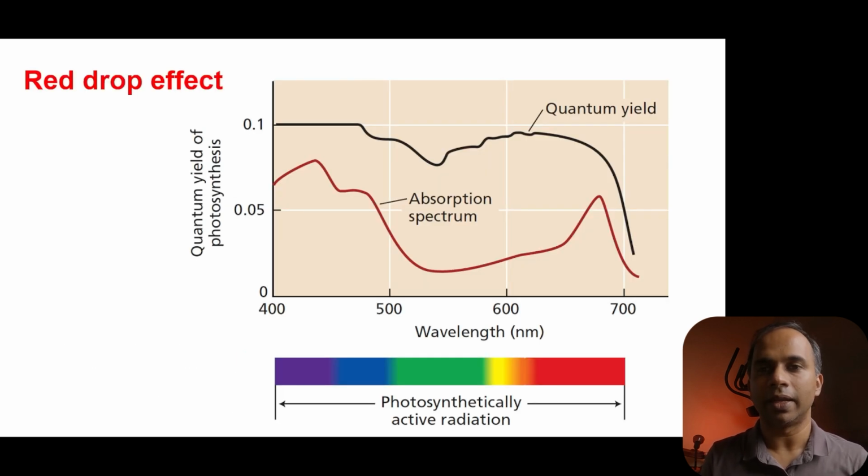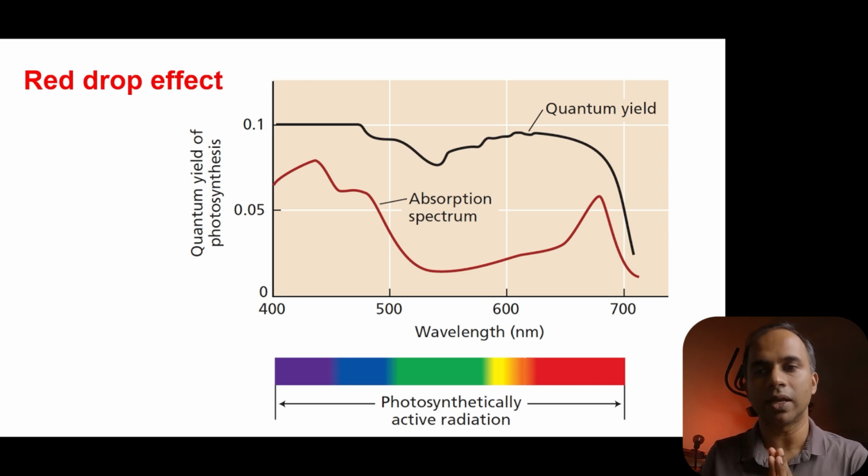Okay, and when scientists looked at the spectrum, remember we talked about the visible spectrum, and I mentioned that the visible spectrum is used for photosynthesis, usually ranging from 350 to 700, or sometimes from 400 to 700, which is what we call photosynthetically active radiation, or PAR. And remember you learned about the absorption spectrum and action spectrum.